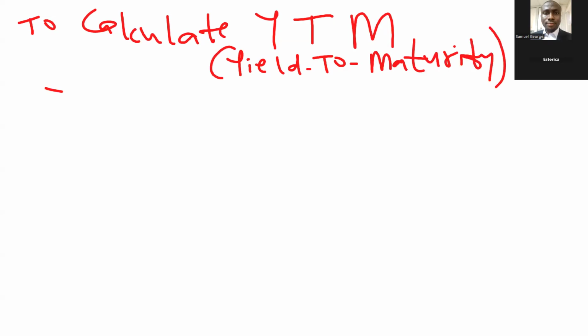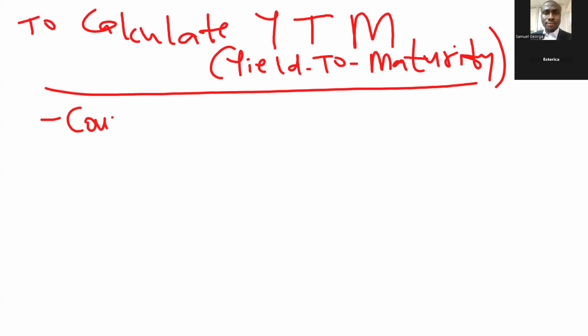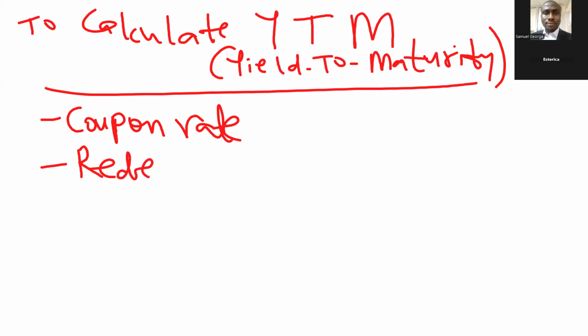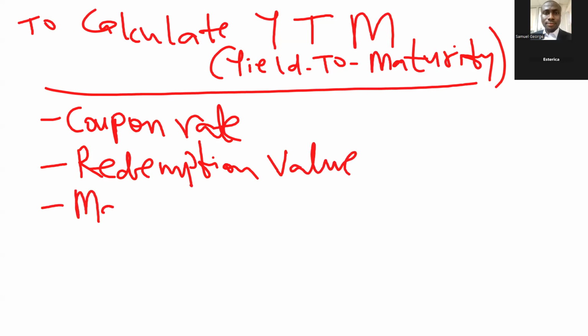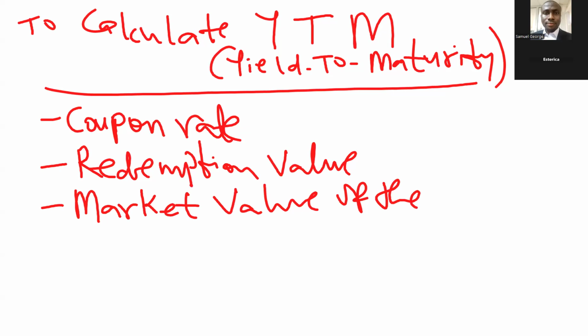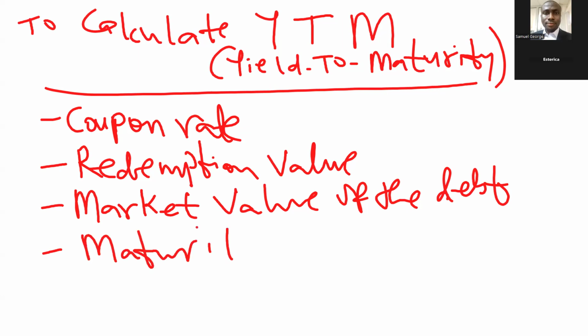You need the following: one, coupon rates; two, redemption value; three, market value of the debt; four, maturity period;